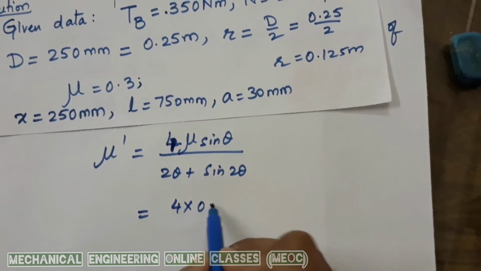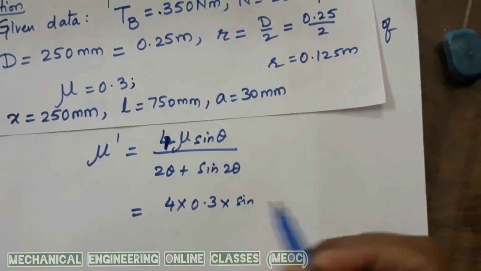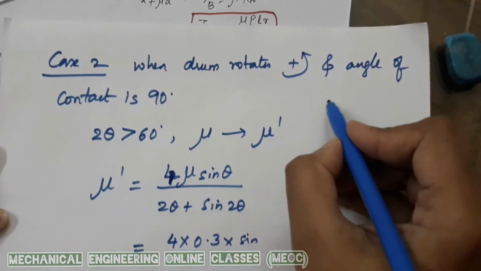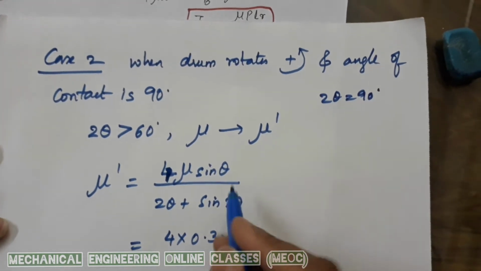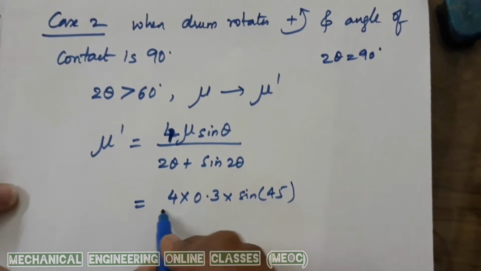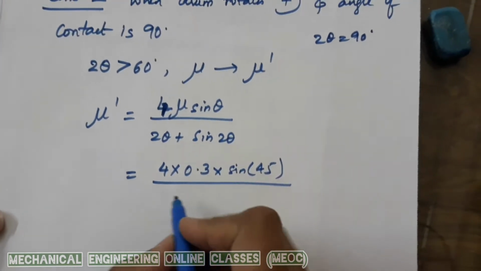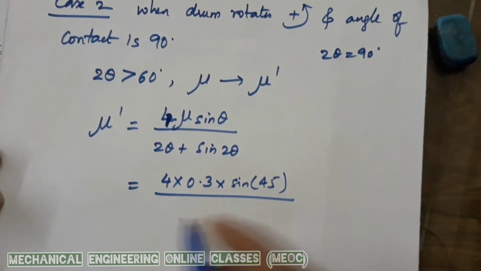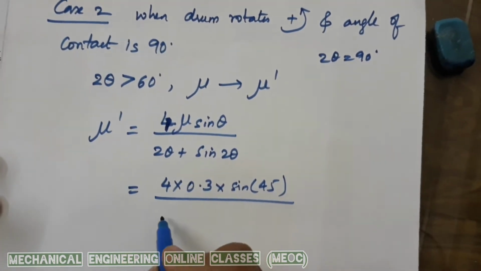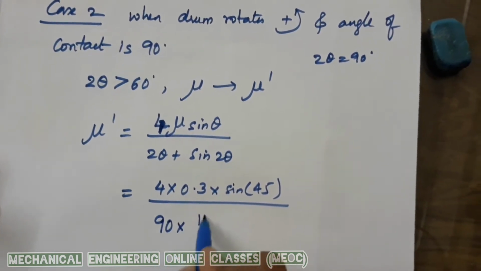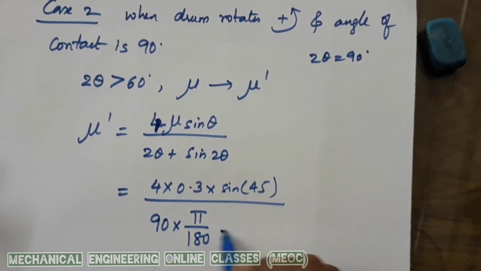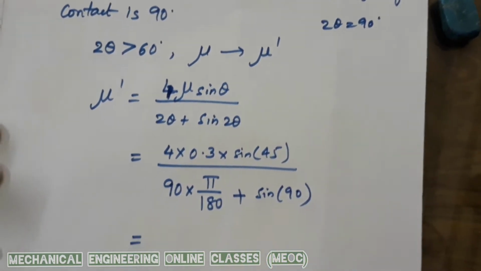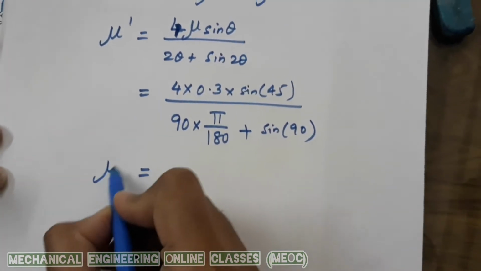So this is 4 into 0.3 into sine of, the angle of contact is 90 degrees. So 2 theta is 90 degrees. So theta will be 45. So sine 45. This is divided by this 2 theta, which is given in degrees. I am converting that in terms of radians. So that will be 2 theta, which is nothing but 90 into pi by 180 plus this sine 2 theta, which is nothing but sine of 90. Now on solving this, we will get mu dash as